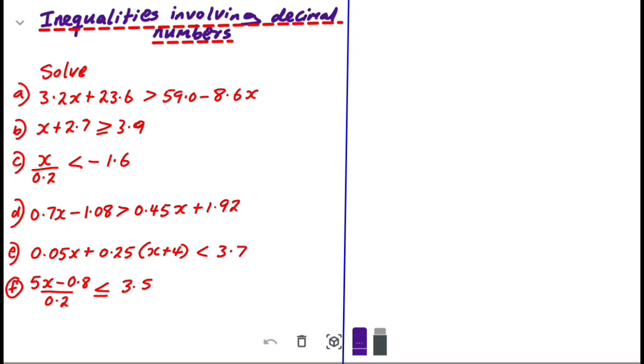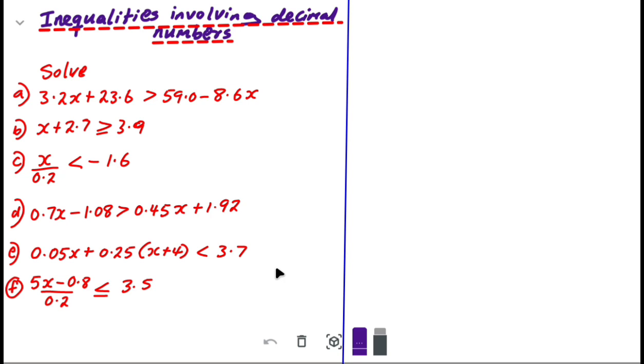So in today's class, we're going to continue with our exercise on inequality. But this time around, we're going to discuss inequality involving decimal numbers. What are the things we need to put into consideration when solving inequality questions involving decimal